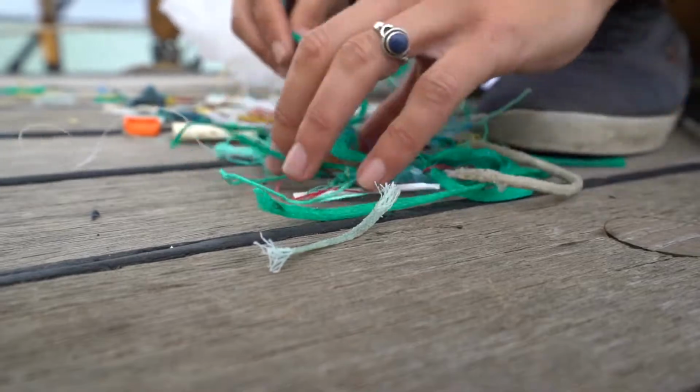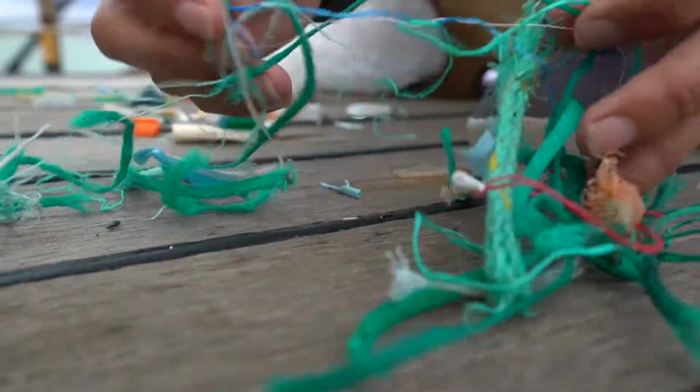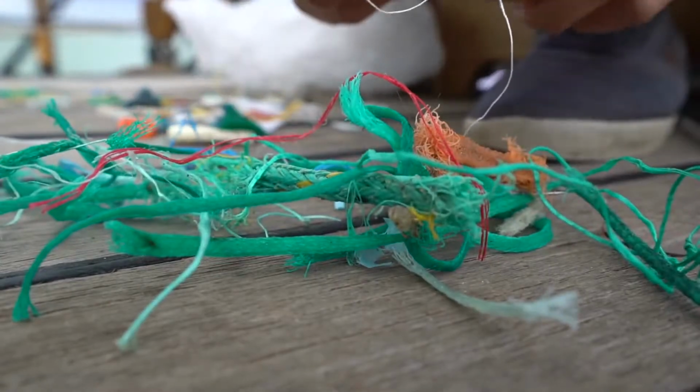Fishing gear was probably the biggest shocker for me personally. Globally it tends to make up around 20 to 40% of marine litter, and throughout the voyage on a whole it was about 24%. But across different legs, on the third leg, we actually found about 60% of the marine litter that we were finding was fishing related. And that for me, as a campaigner, predominantly focused on single-use plastic, was really, really shocking to see,